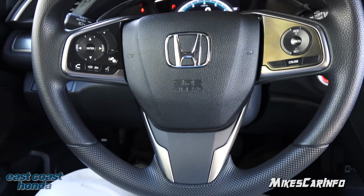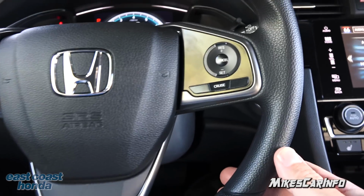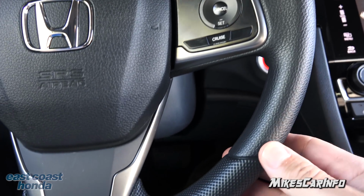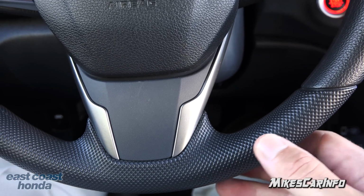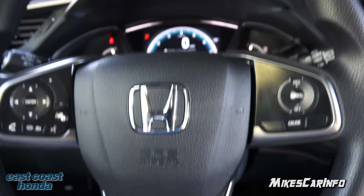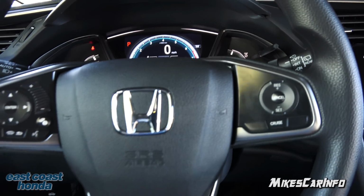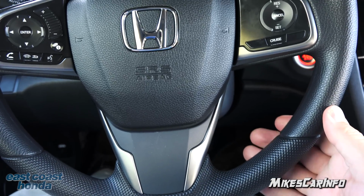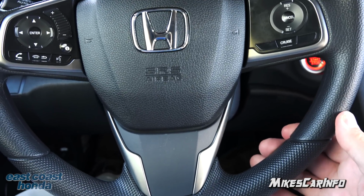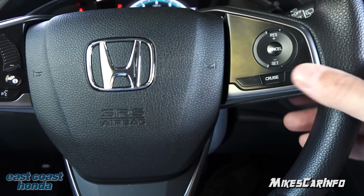Okay, so let's go ahead and start here on the steering wheel. Now it's a synthetic steering wheel with a simulated leather texturing, and then you have the perforated simulated texturing down here as well as the top. And then you have these grips, and very durable feeling material. It feels like it's just going to last forever. It's really tough. Okay, so your cruise control is here on the right side,